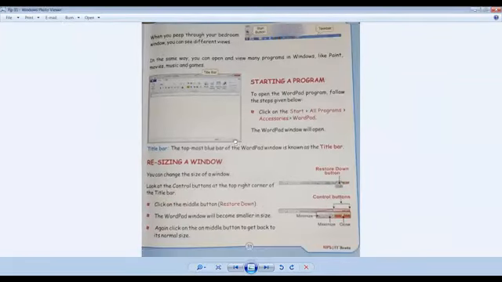Okay, now let me read this. This is how you can change the size of a window. Look at the control buttons at the top right corner of the title bar. Here, these are called control buttons. Click on the middle button. What is the name of the middle button? Restore button. Restore down. If you click that button, your window can be either maximized or restored. If you have minimized the window, then you have to restore the window. And if you are in maximize mode, you will see double rectangles here, through which you can restore.